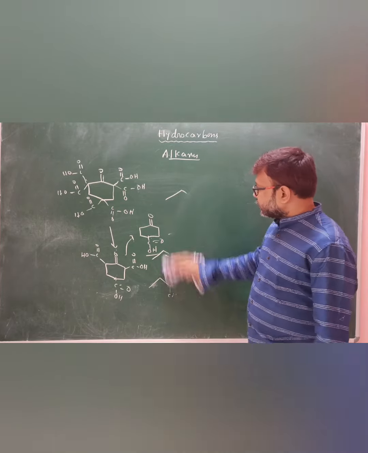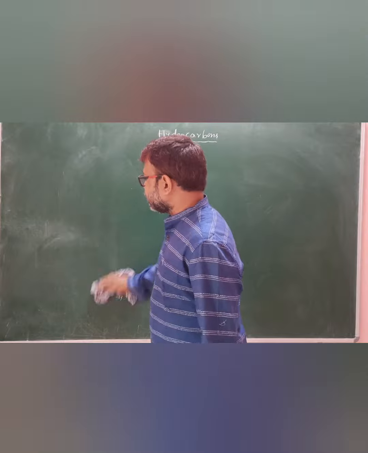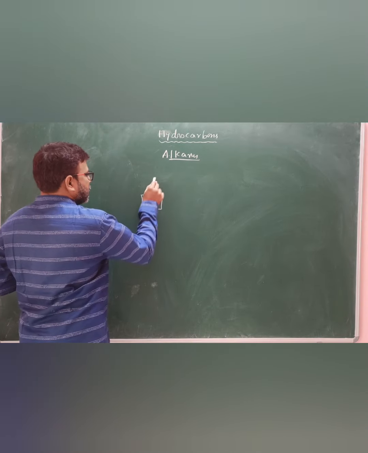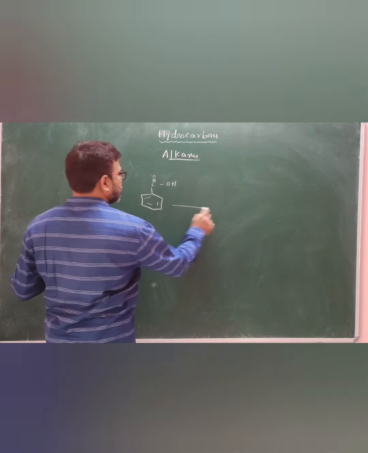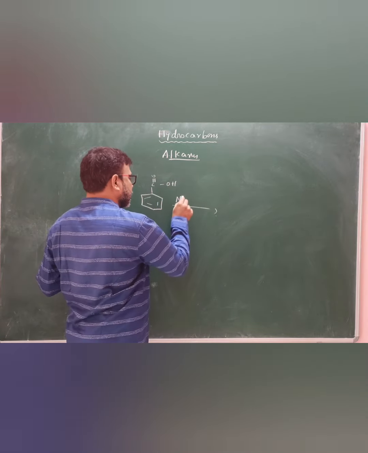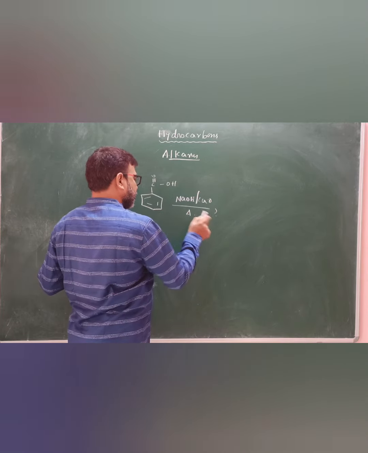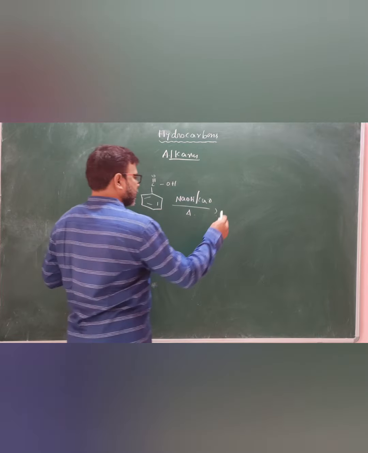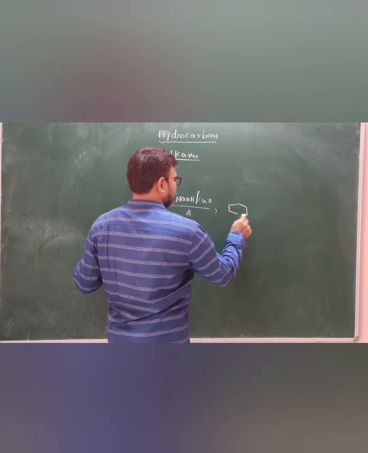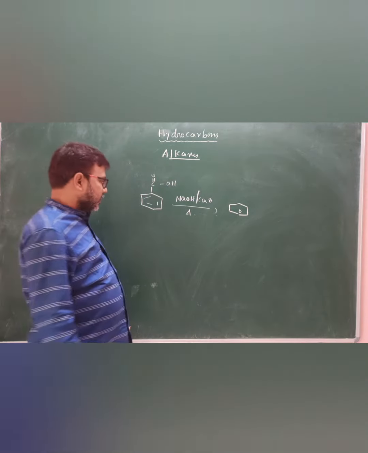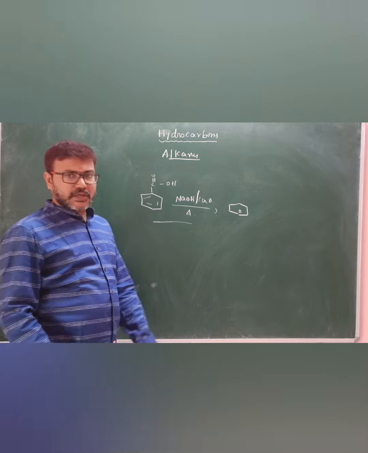You see another one. So this is C double bond OH. It is a benzoic acid. This benzoic acid undergoes decarboxylation with NaOH plus CaO in the presence of temperature. It easily undergoes decarboxylation to give benzene. It is also one of the useful methods for the preparation of benzene. So this is decarboxylation.